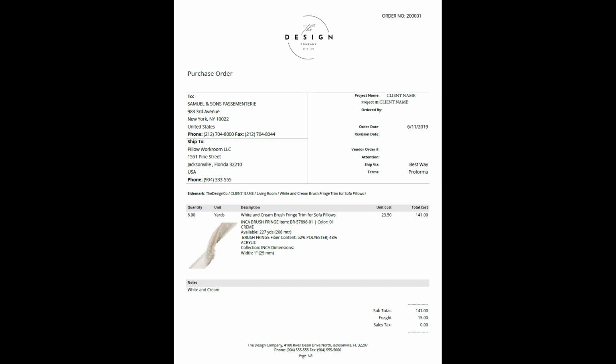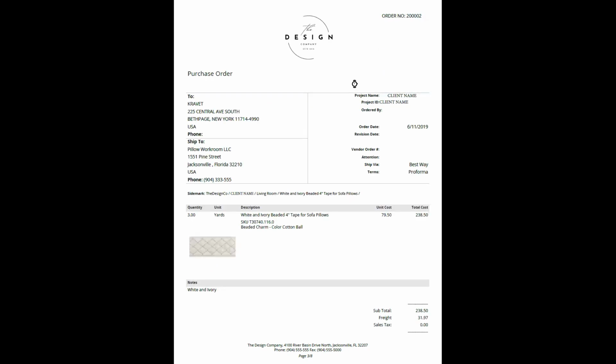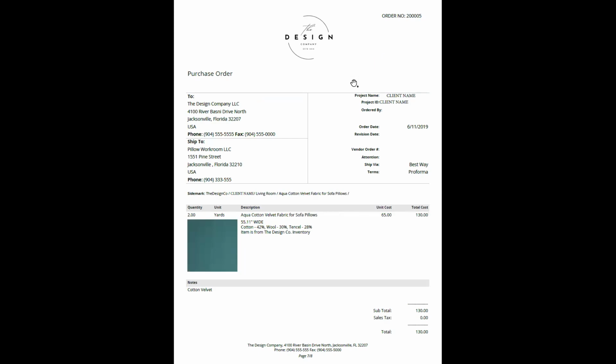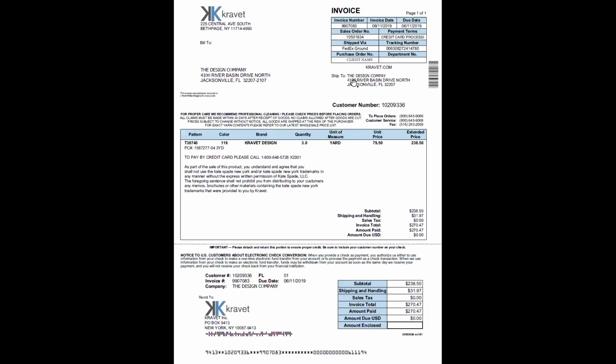And then we'll see a work order from the workroom who's going to be sewing and creating this pillow. So you can see the purchase orders, we've got a couple of them here, and they all basically look the same. And so let's go look at them one by one.